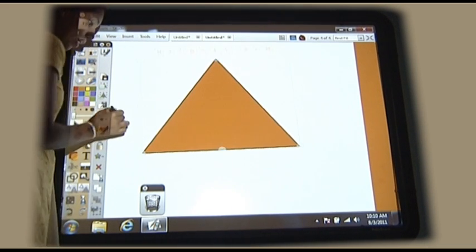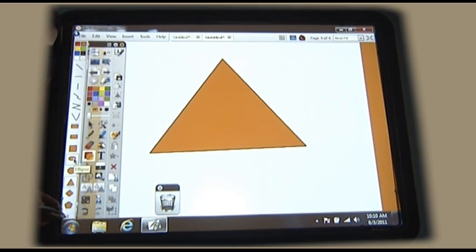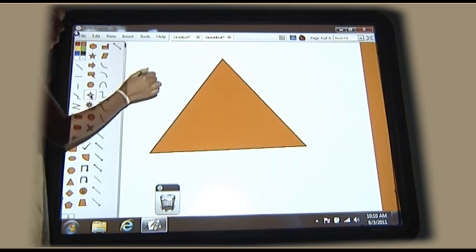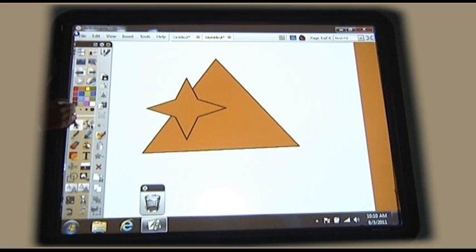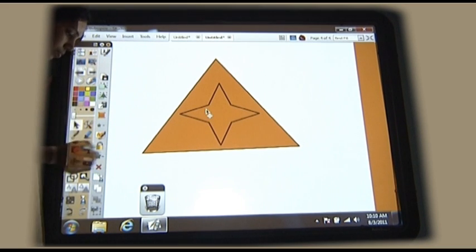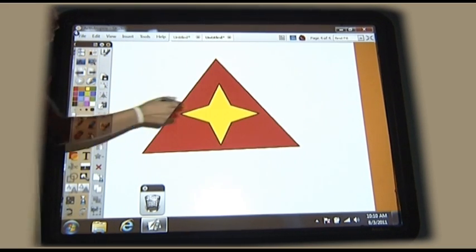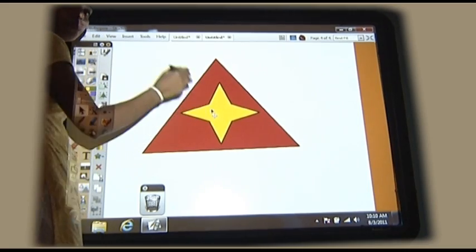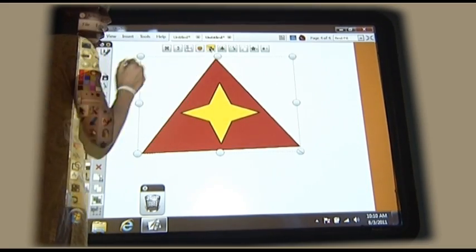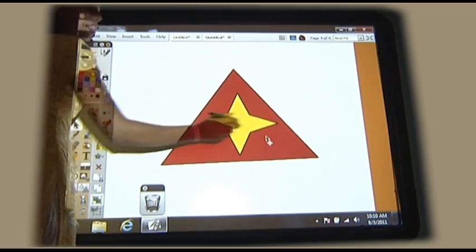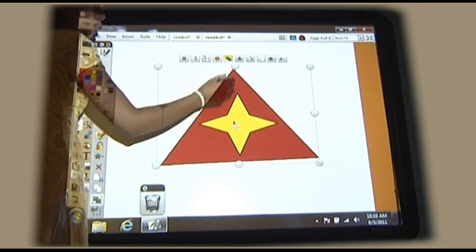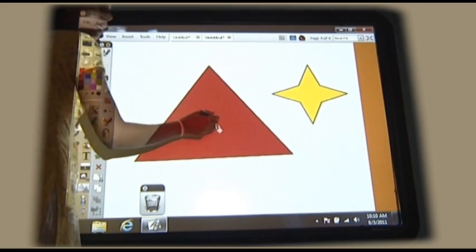Then we have a group icon, like if we have 2 objects on the board and if I want to make any symbol out of this, we just give different colors. And if I want them that the board should move together, I'll group them together, and when I'm dragging them, they move together. If I want to ungroup them, I can ungroup it and keep it aside.